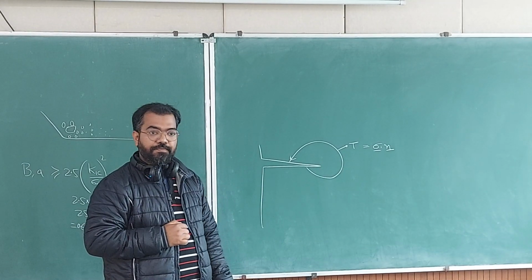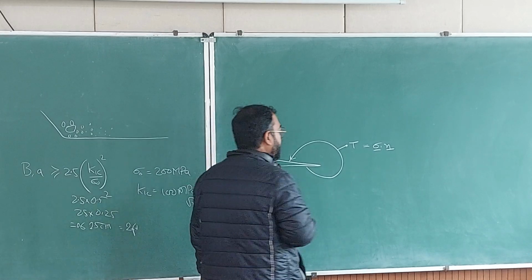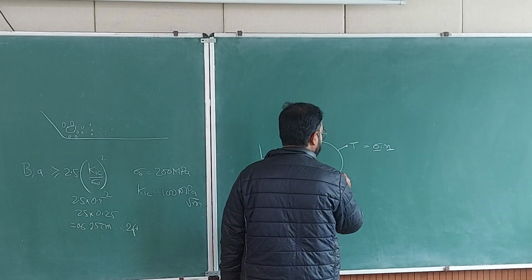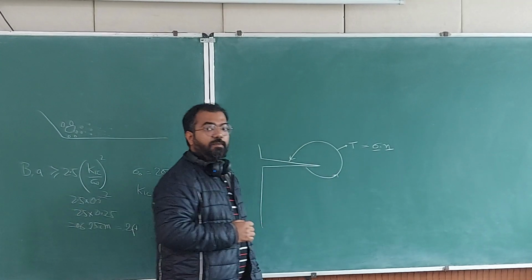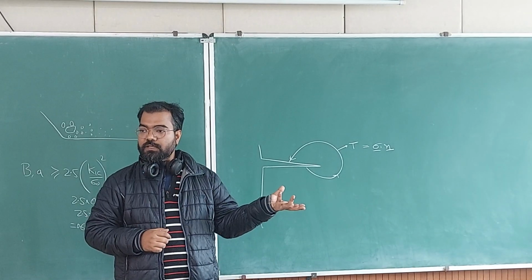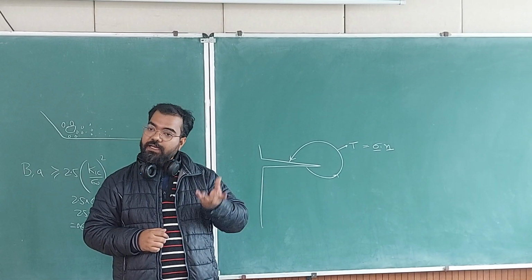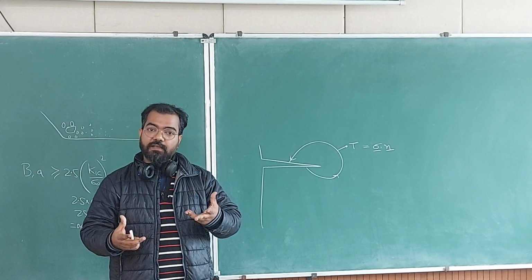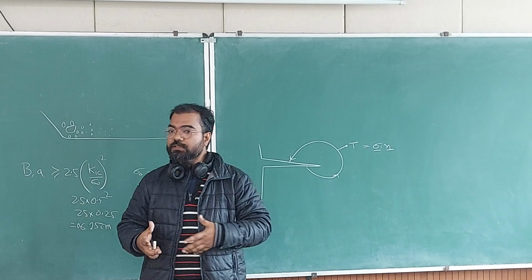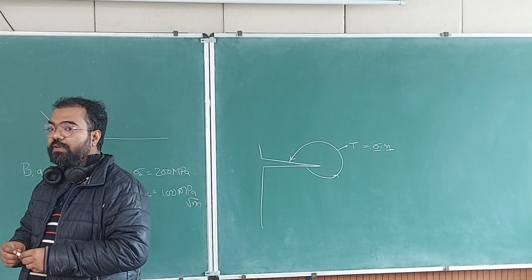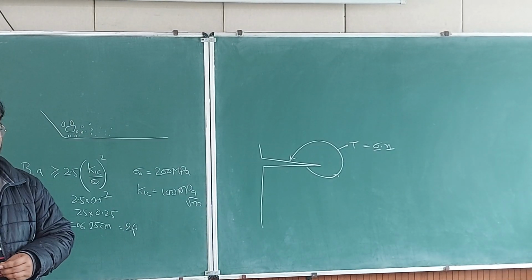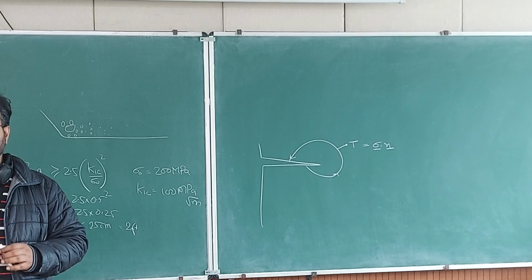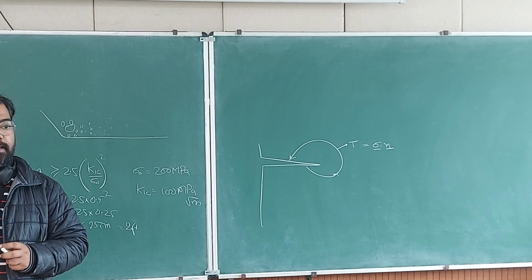Then he calculates how much is the stored energy and how much is the applied energy: how much energy is applied along this line, and how much energy is stored in the form of elastic energy. And in order to apply this concept of line integral, which is applied in physics,